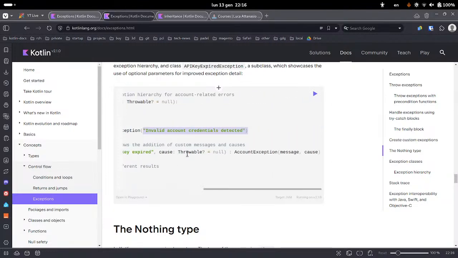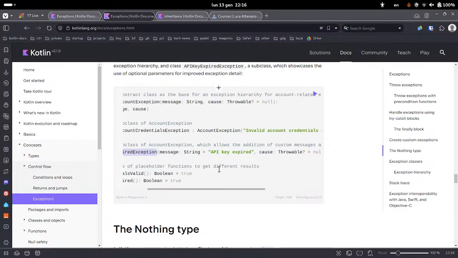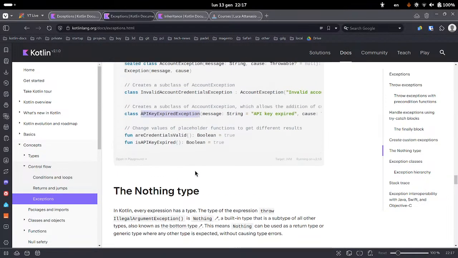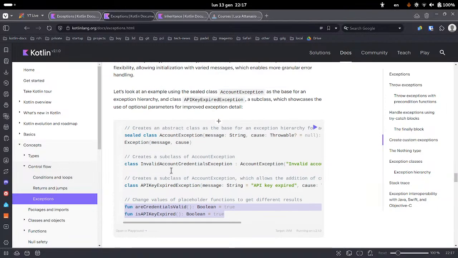And same goes for the APIExpiredException. And then we have the two results here. Okay, this is, I don't know why they're doing it like this, but